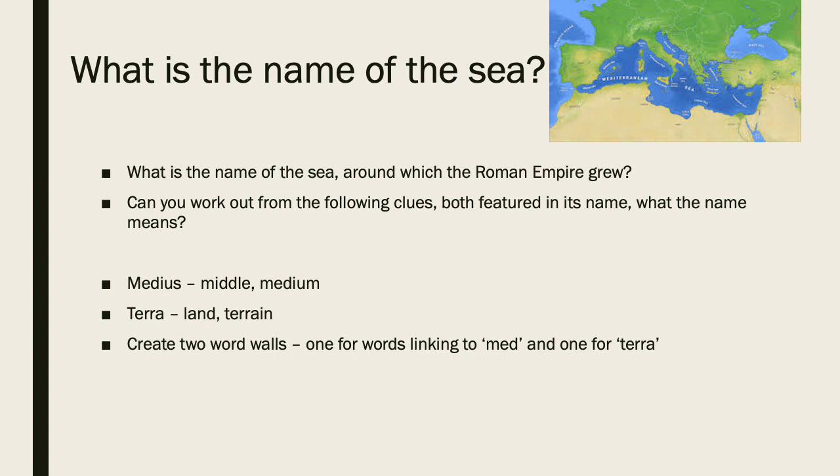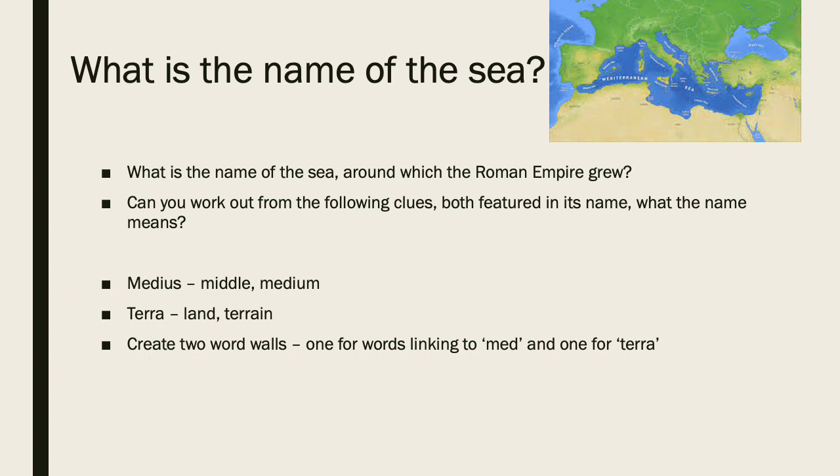And then once you've written down the name of the sea, I want you to create two word walls. Now by word walls I mean almost like a spider diagram. So you start in the middle with your word, and then around that word you try and think of as many other words that link to that as possible. So I want you to do two. The first one is for any words that link to med, and the second one I want you to do a word wall for any words that link to terra,